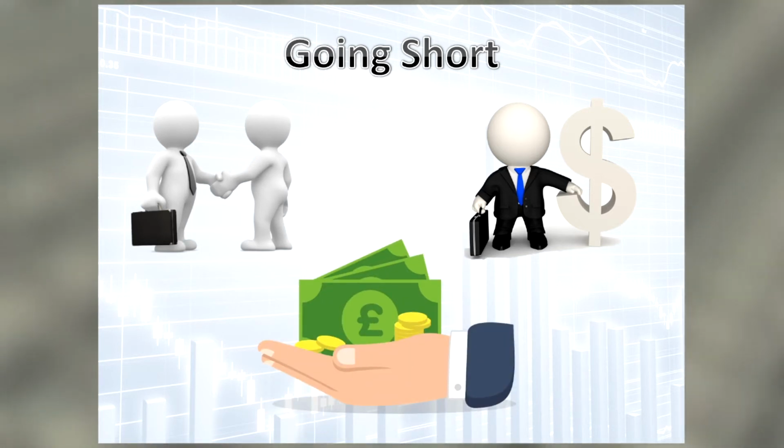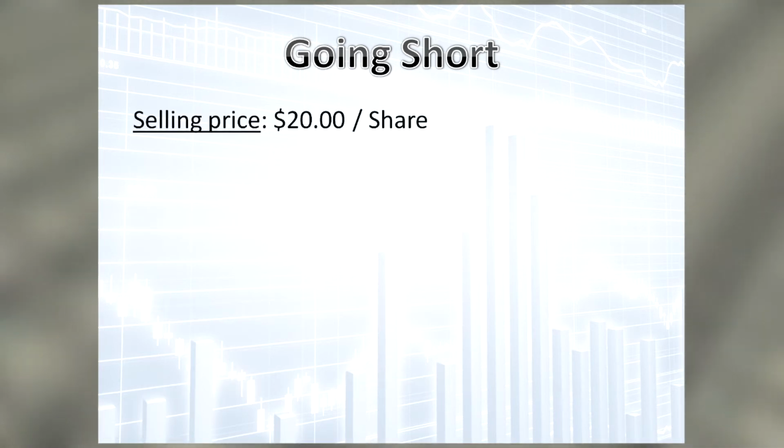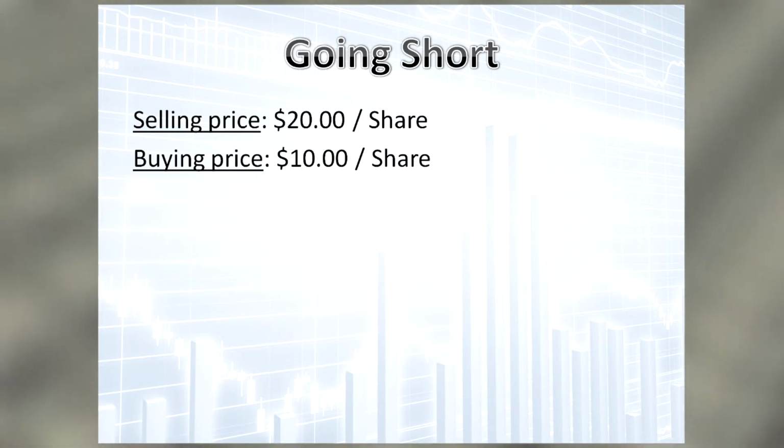So going back to our previous example, say for instance there is a stock that is worth $20 a share. Now you think that the price of that stock is about to go down. You then borrow that stock and sell it at a price of $20 a share. Congratulations, you have just entered into a short position. Since you are still in the position, you didn't just earn $20. You have to buy back that stock before you can earn any money. Now the stock price drops to, let's say, $10 a share. You decide to exit your short position.